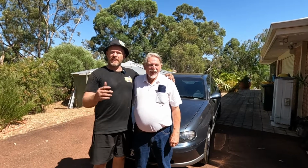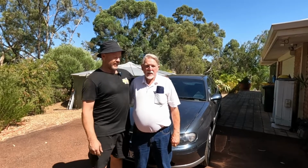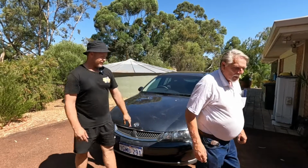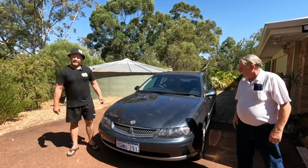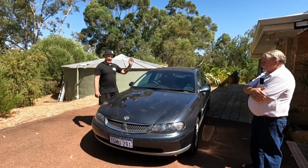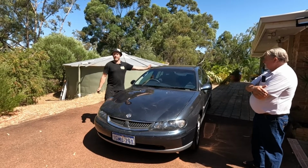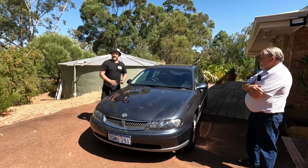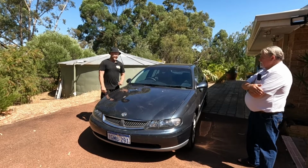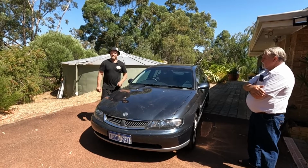If you've been here from the very start of this VX Calais build, you'll know how much effort and work we've put into it. From where the big fella and I changed the engine out, we've done suspension, we've done brakes, you name it, we've done it. Even Vision Trim gave us a hand to fix the interior and the roof lining. Massive thanks to Petters, Vision Trim,